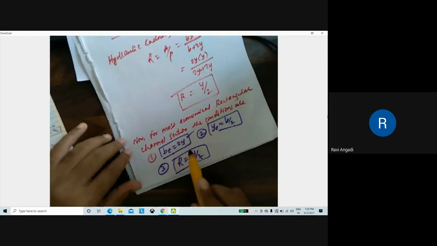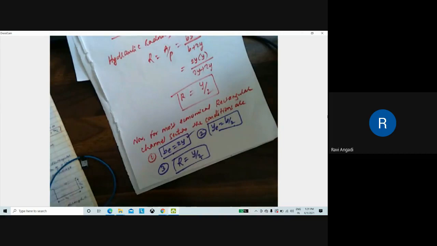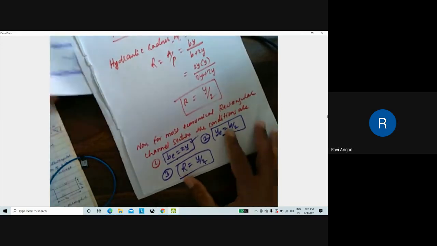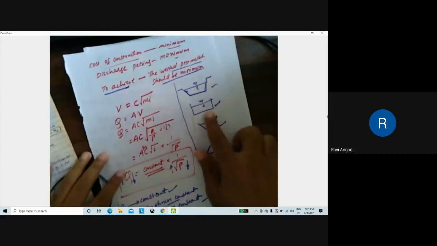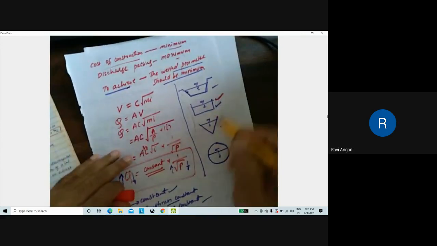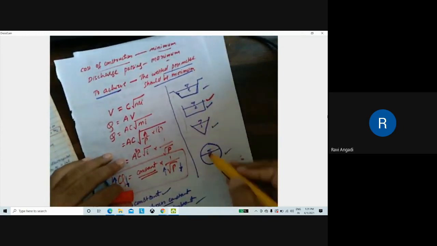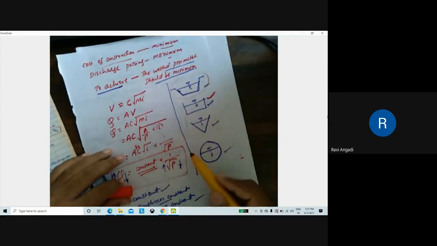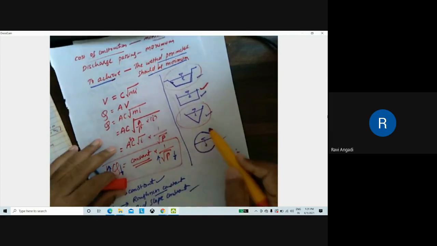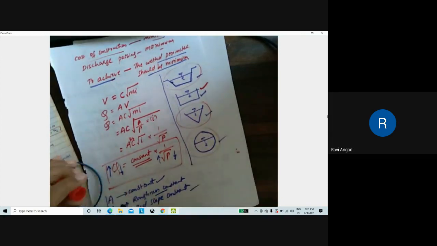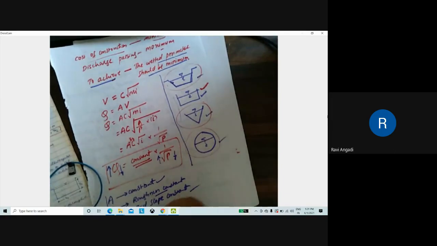If you utilize these conditions and calculate the discharge, obviously you will get the maximum discharge and the perimeter should be minimum. So likewise, you have to derive some other channel sections. We have derived the rectangular channel section today, so we have derived the conditions. Similarly, we'll derive for the trapezium section, the triangular section, and again for the circular section. So 4 derivations are there, and these 4 derivations are very, very important.